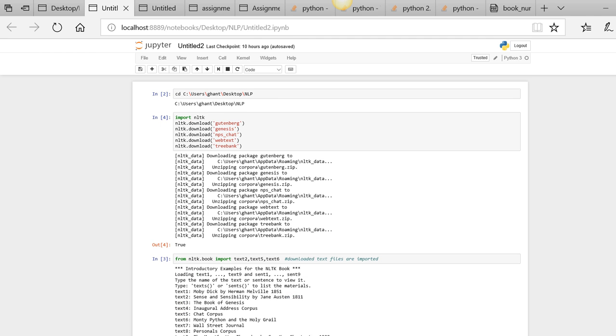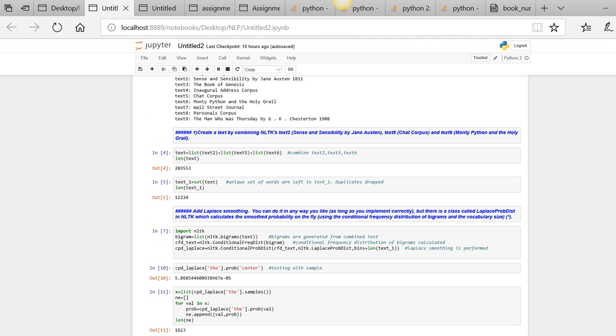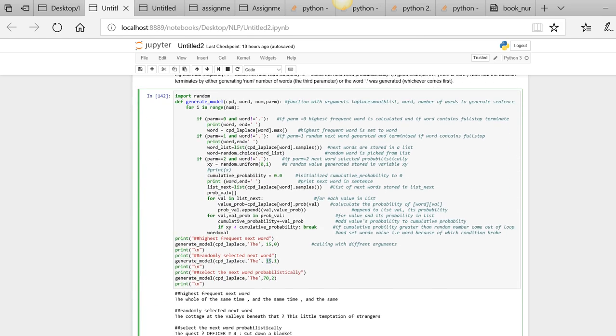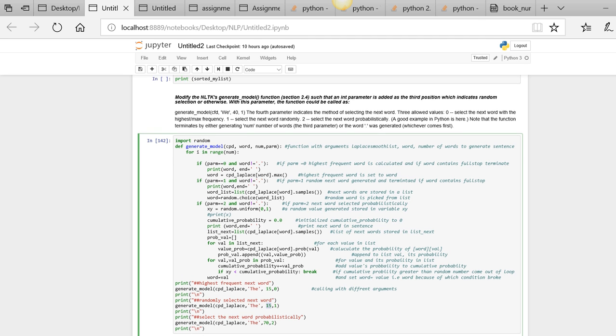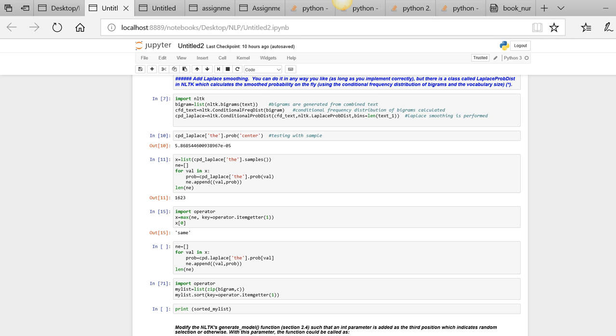In assignment 3 part 2, in the first step we were asked to combine the texts 2, 5 and 6, and in the next step I calculated the Laplace smoothing. CPD is the parameter that is given from the Laplace smoothing. This CPD lab is sent into this function